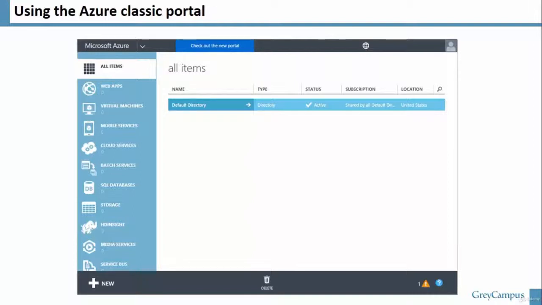Furthermore, how do you manage services? Again, under all items, you get the list of provisioned services in your subscription, and in each specific service page, as you can see in the left hand navigation pane, you have web apps, virtual machines, mobile applications. These are all service specific pages. If you click on that particular service specific page, it will show you the name, status and service specific settings for each service. So you can click a service name in the list to view the dashboard for that service instance,